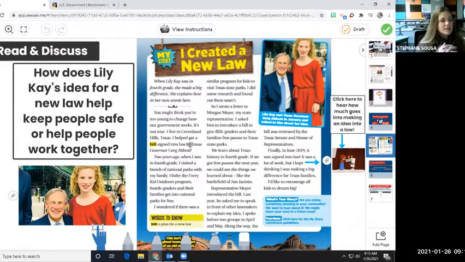Okay, this is Miss Lily Kay, and Lily Kay created a new law. So she, as a fourth grade student, is the reason that there is a law in her new community. As we're reading, I want you to think, how does Lily Kay's idea for a new law help keep people safe or help people work together?